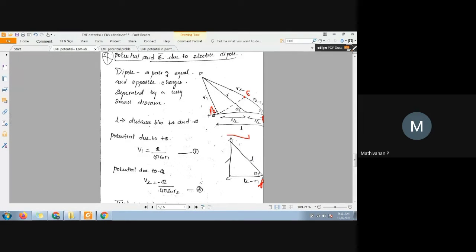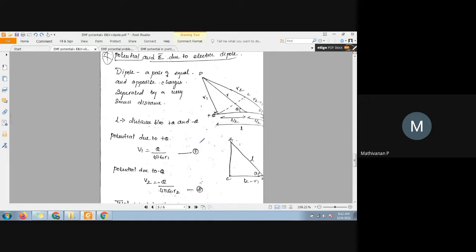From C to B, it is going to be R2 minus R1. We don't know this one, we don't require that one for the solution. So that's one. Then one more important parameter is the angle between A to B and C to B, which is going to be represented as theta. Here I'm going to consider this to be theta. So these are the parameters that we obtained from the diagram. Okay, now we are going to solve it directly.